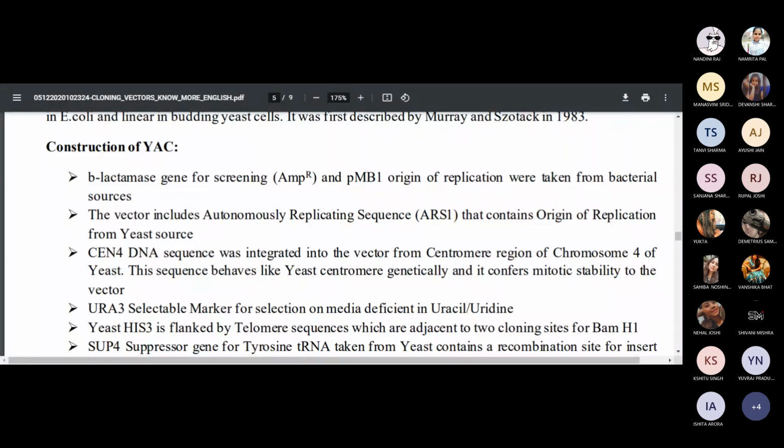Next, the ampicillin you can utilize for screening for the bacterial system, but yeast is not sensitive to ampicillin. It won't die, so you can't check whether the plasmid is there or not. So ampicillin-based selection you can't use for yeast. Then what do you need? You need another selectable marker that should work in the yeast itself. For that, it is going to be URA3. Manisini, please continue.